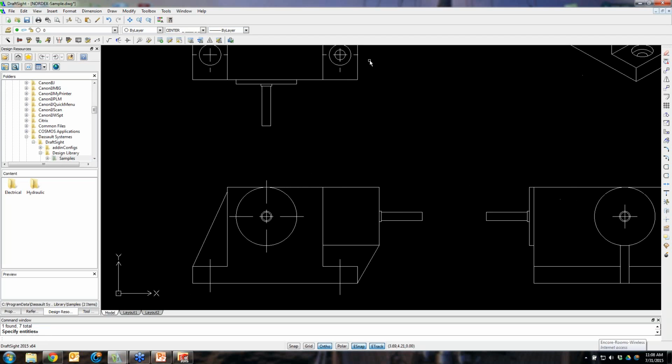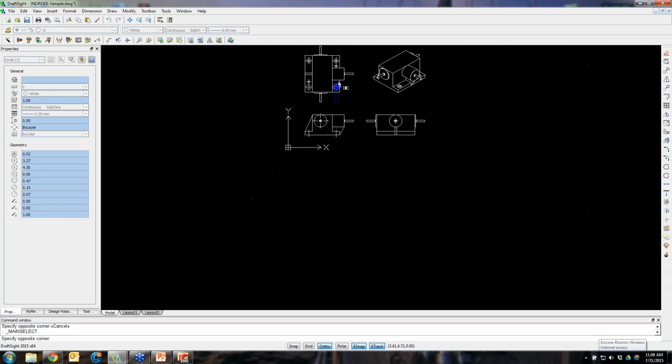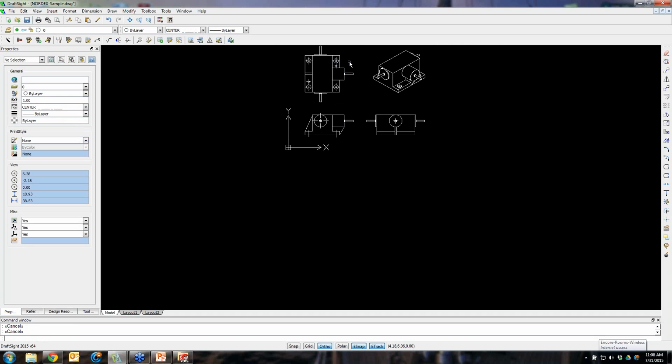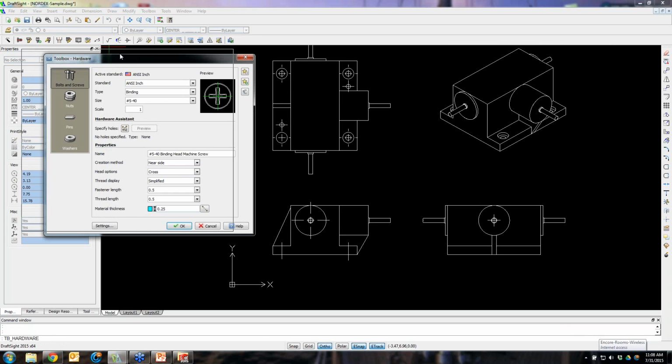So now what we'll do is let's go ahead and see what the diameter of our circle here is, and it looks like we've got a 150. So first things first, let's go ahead and insert some fasteners in this. So we're going to come up here to our toolbox, hardware, and